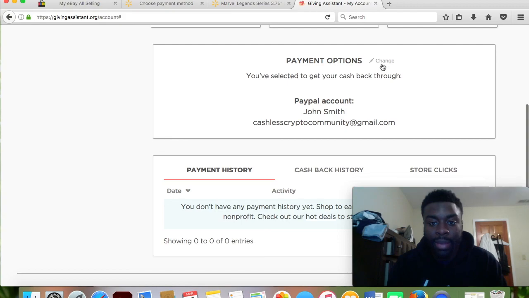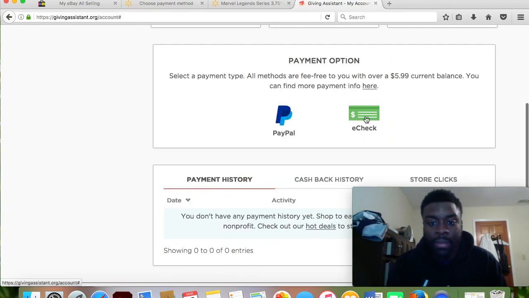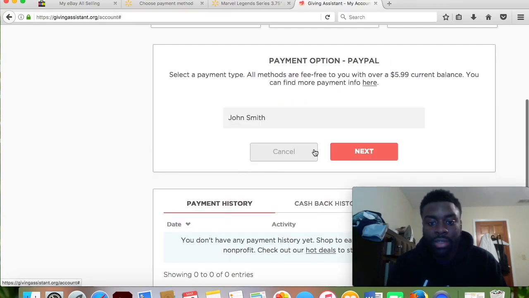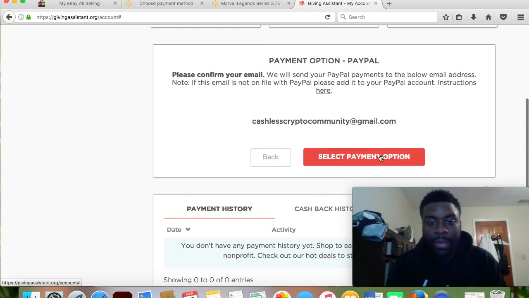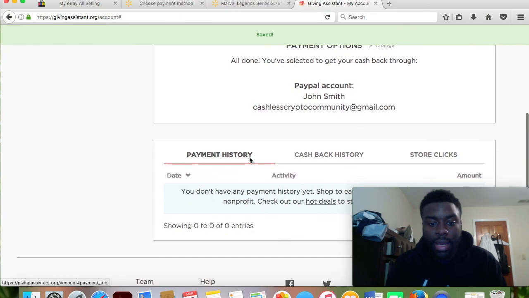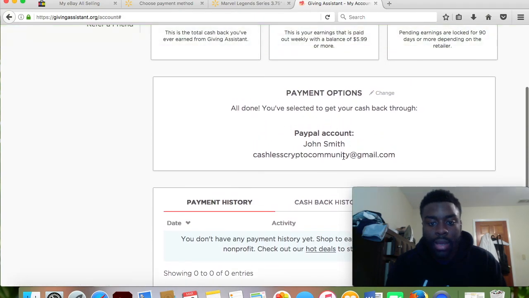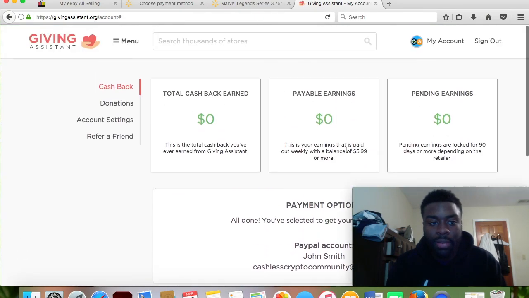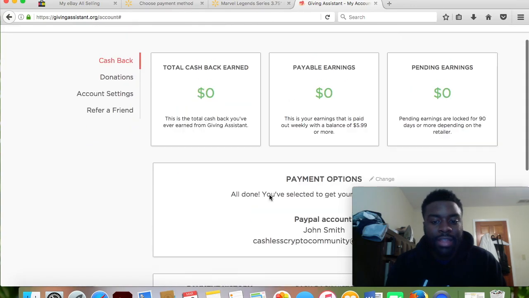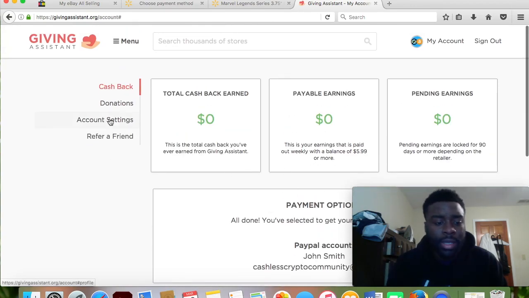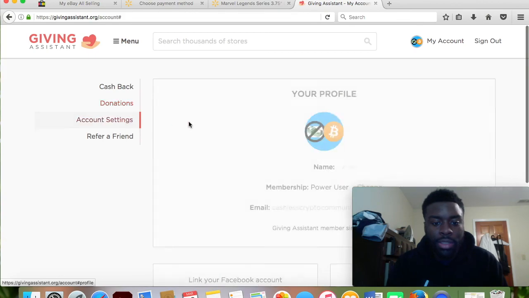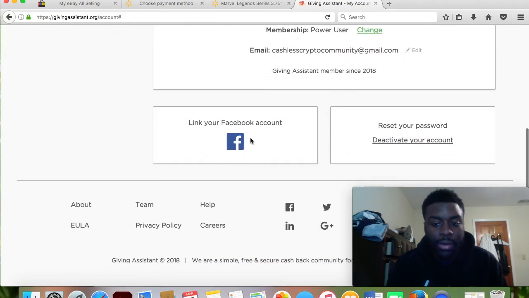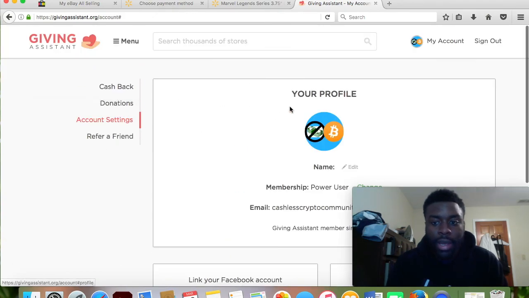You can send your payment options. So you set your payment options for either PayPal or eCheck. I'm going to do PayPal. It asks for the PayPal name and the email, and you select that, and then boom, you're all done. And this is where you can receive your payments. So everything after $5.99, they'll go ahead and get that to your PayPal account. So this is the best way I know to go ahead and